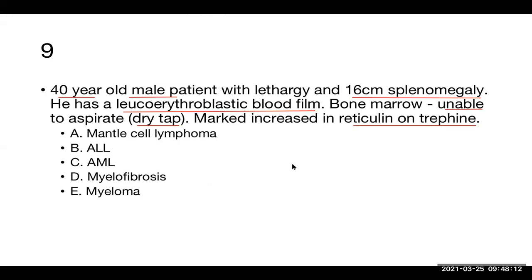Now see this. Let me explain this for you. This is the most important clue here. Massive spleen, 16 centimeter huge spleen. Probably this spleen has crossed the umbilicus and may have reached even below that towards the right iliac fossa. Leukoerythroblastic blood film is typical of myelofibrosis. If you follow the hematology textbook, it is written here because in myelofibrosis the bone marrow fails. So there is extramedullary hematopoiesis that mainly occurs in spleen and liver. And the bone marrow aspiration proved that it is a dry tap, meaning there is not much bone marrow tissue inside. So all of these points are pointing towards myelofibrosis,